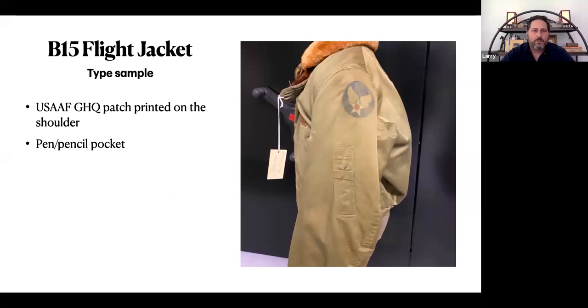Now, some of the things you'll see on these B-15s and B-10s is a silk screened U.S. Army Air Force's General Headquarters patch printed on them. But we have a few of these in the collection that have artwork on them, but not nearly as many examples of these as A2s. I think the A2s were just, you know, a little cooler, more of a status symbol. And even though these were better jackets, I think a lot of guys resented not getting the leather version of